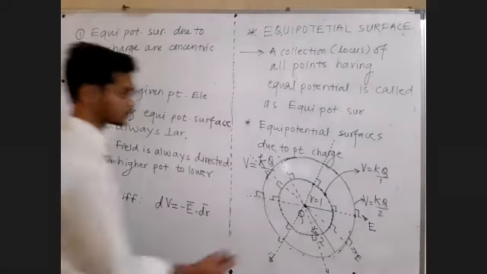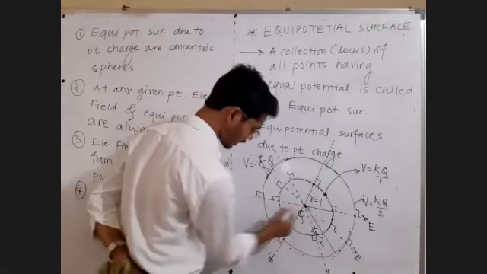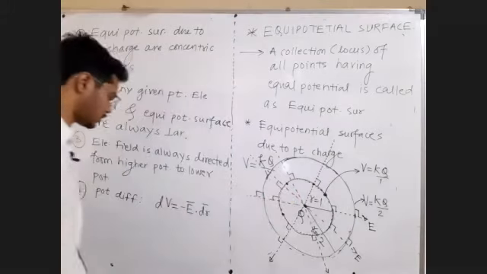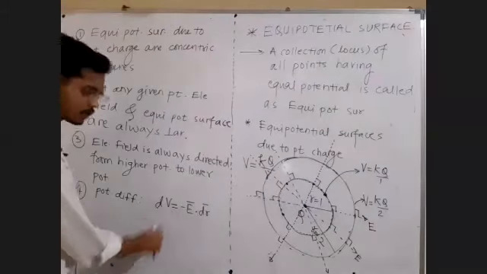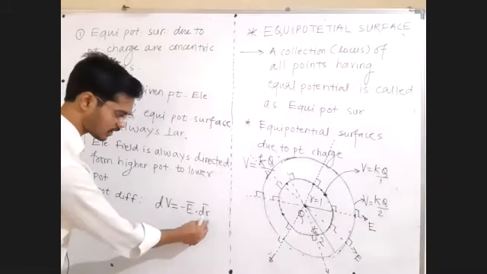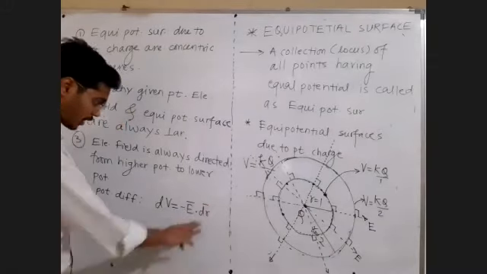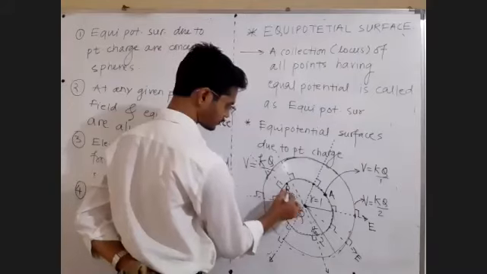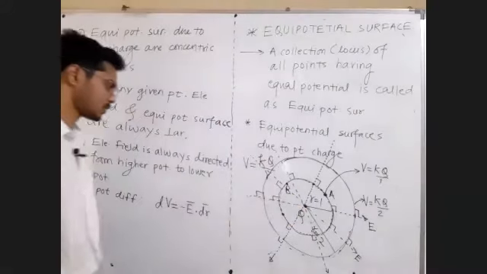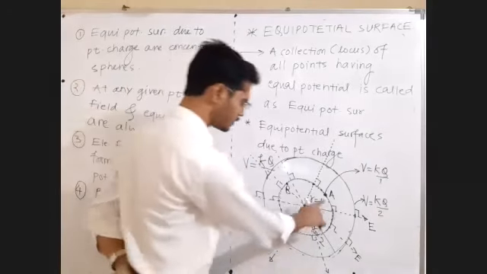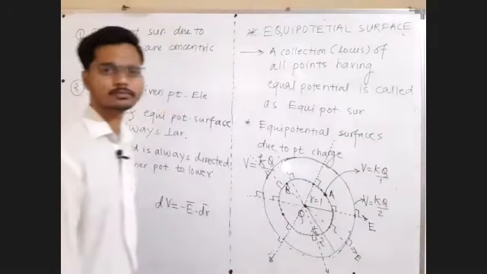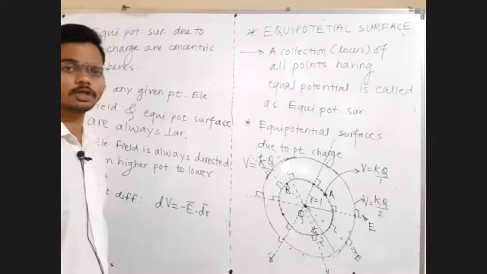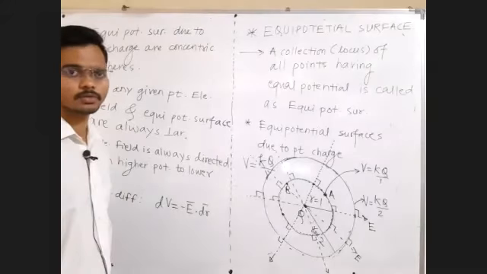No sir, I want one point here and another point here. They are not very close to each other. So I do not want the potential difference between points having distance dr between them. Let's say this point is A and this point is B. I want the potential difference between these 2 points. Tell me, what is the potential difference between point A and point B? Yes, all of you are giving the correct answer.